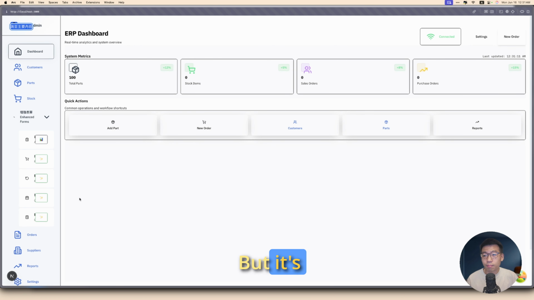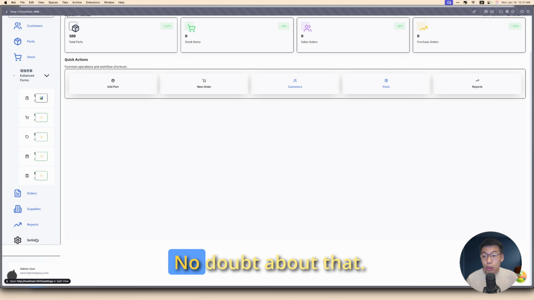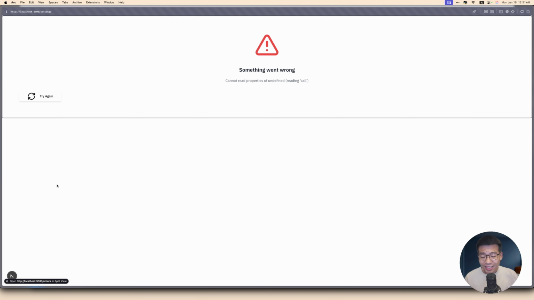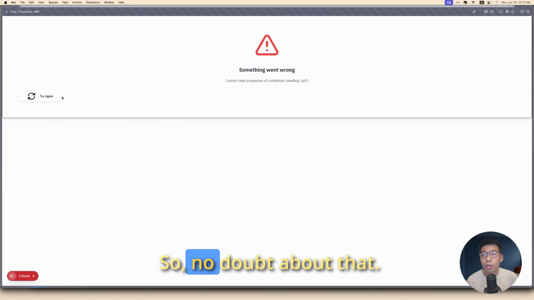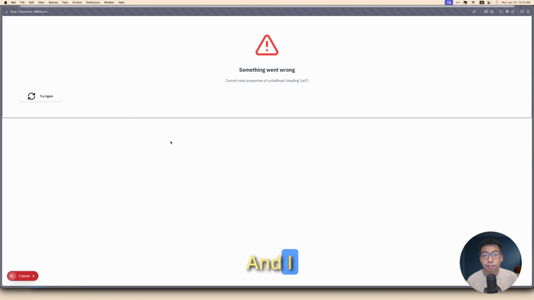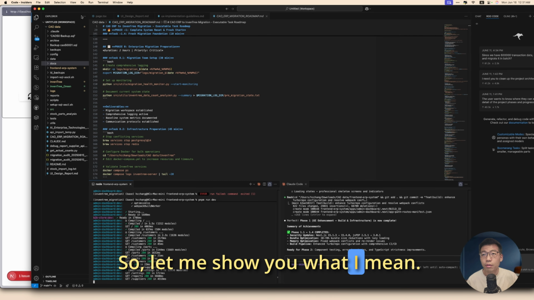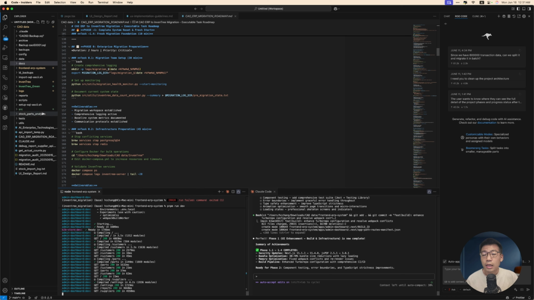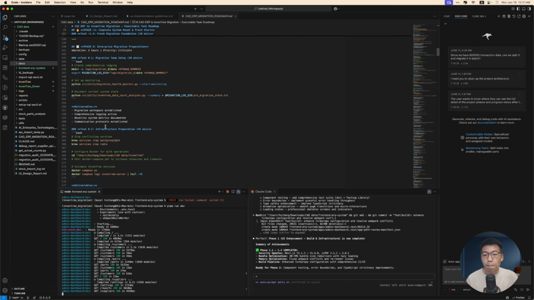But it's broken. Yeah, no doubt about that. And on the other hand, oh god, it's broken. So no doubt about that. And I broke another thing. So let me show you what I mean. So I did tidy up all that. That's not broken, but